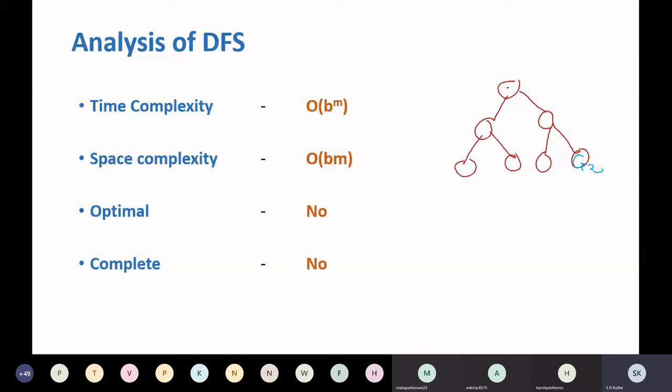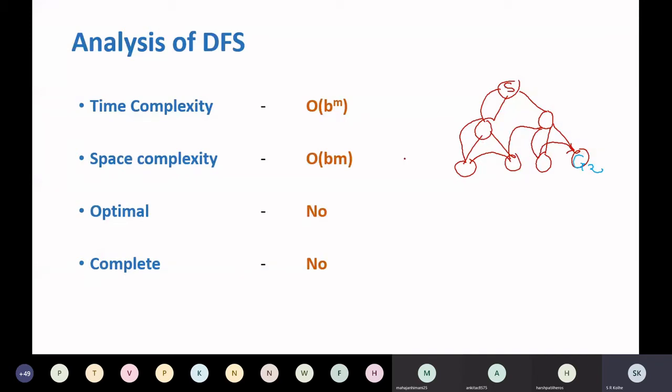You start with node S, then it will visit this node, then come here, then this node, then this, and finally it will visit G2. So the algorithm has to visit all the nodes if your solution is somewhere here and you are always considering the leftmost node first. So in the worst case the algorithm has to visit all the nodes in depth first search. In the best case, very few nodes.